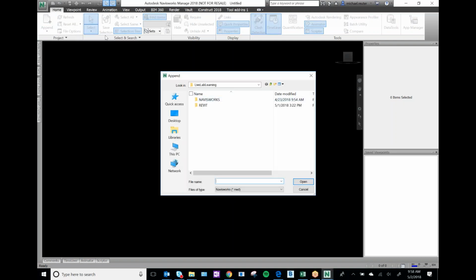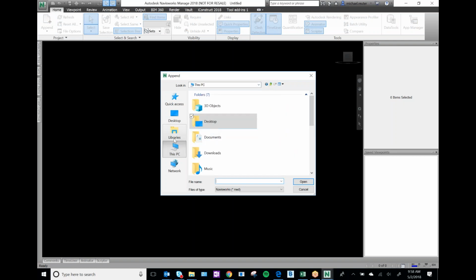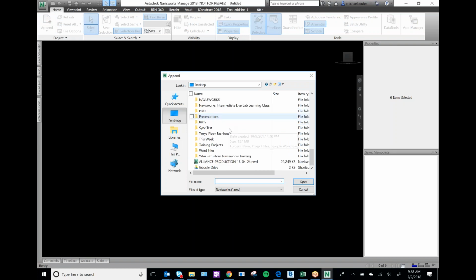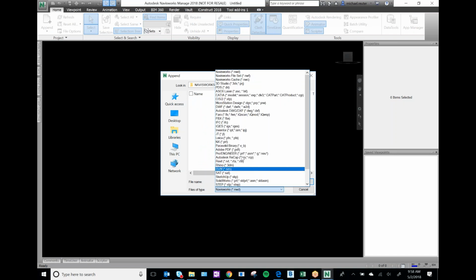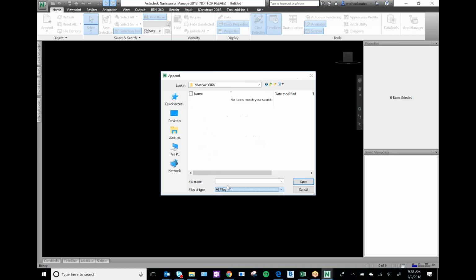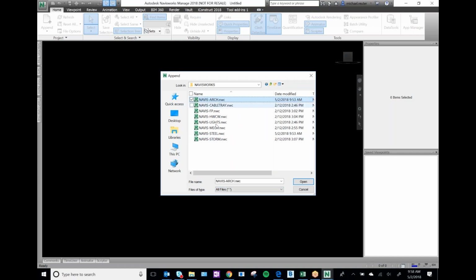Okay, so what we're going to do is we're going to navigate to our desktop or wherever you saved that Yates construction or custom Navisworks training folder. We'll navigate to that, and then we will click on the Navisworks folder. Okay, and then what we're going to do is we're going to pick, say we want to see all files for file types right here. Okay, and then all we have to do is just click on the top one, then hold Shift and click on the bottom one. We want to select every single